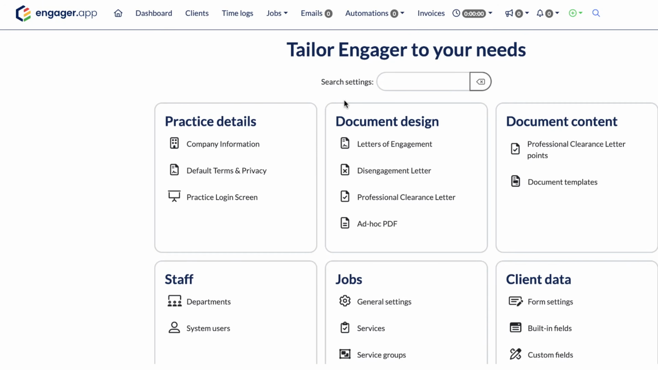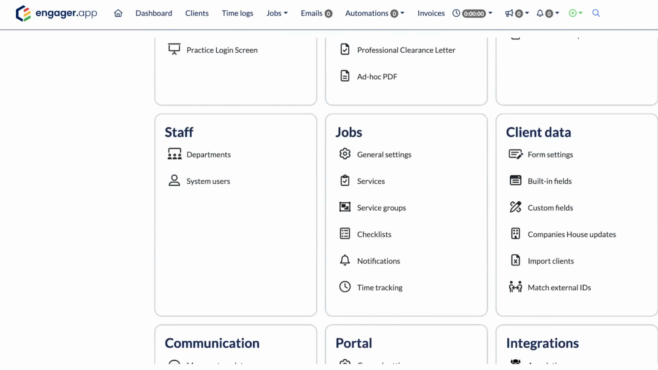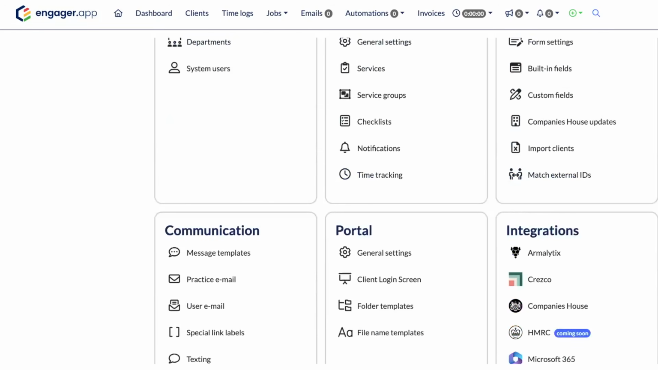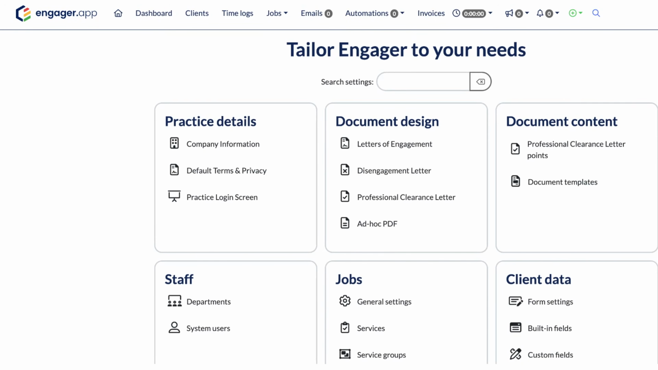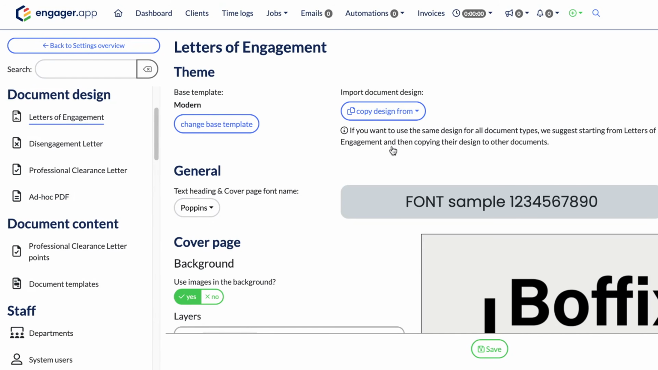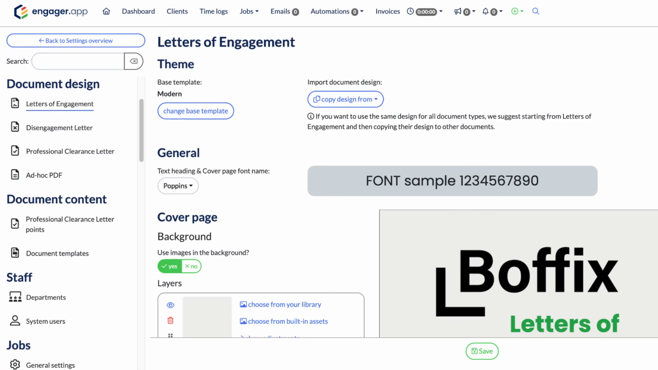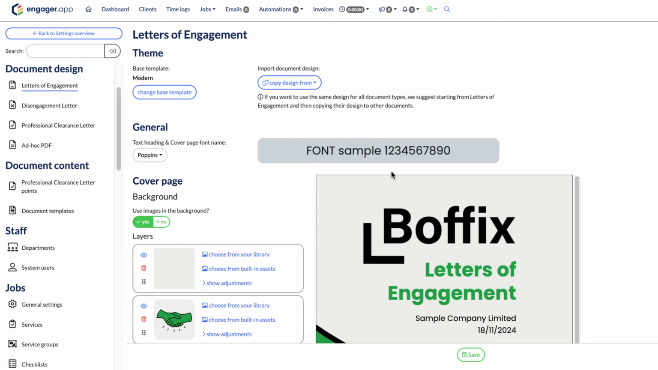Okay, so I'm back, and unsurprisingly, Engager has had an update. So this is the settings area now. Looks really nice. I'm going to jump back into the document design area and my letters of engagement and make some changes, starting with the one that Aaron said about some of the headings being green and some of them being